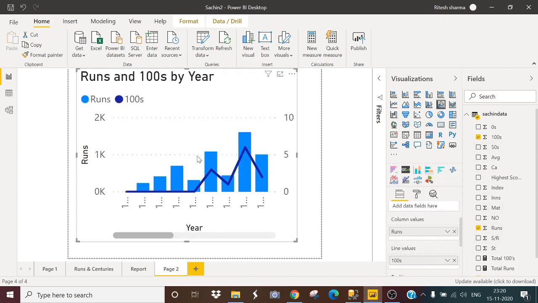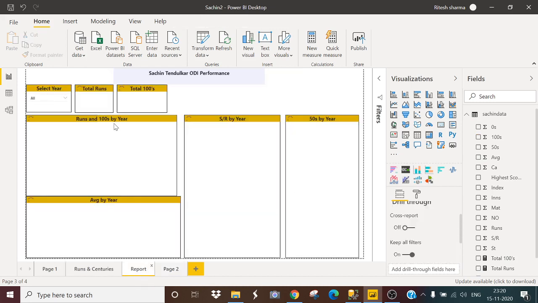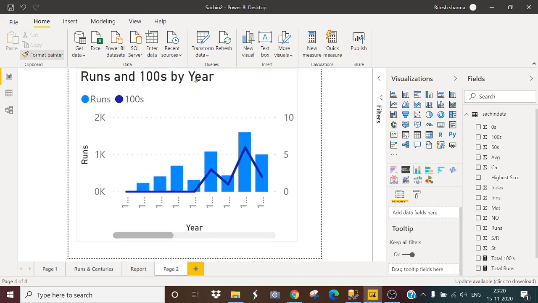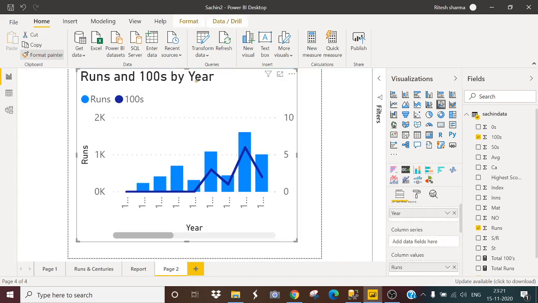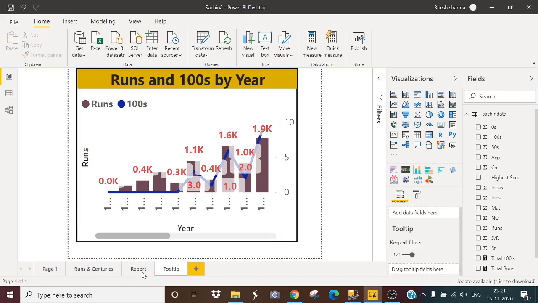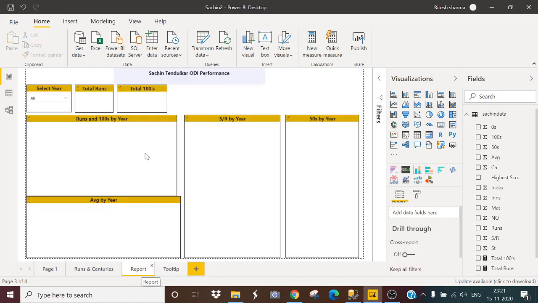Now I want the same formatting, so I will select this graph, use format painter, go to my page 2 and drag this here. Now I will make this a tooltip. Now I will go to my report page.